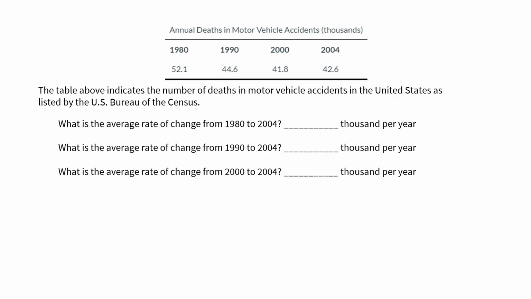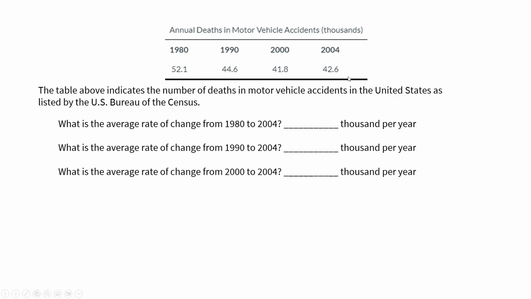So in these sections, you're going to be looking at a lot of things dealing with average rates of change and slope. An average rate of change is simply a change in one value compared to a change in another. So here you have the years in which there's annual deaths from motor vehicle accidents and the number of